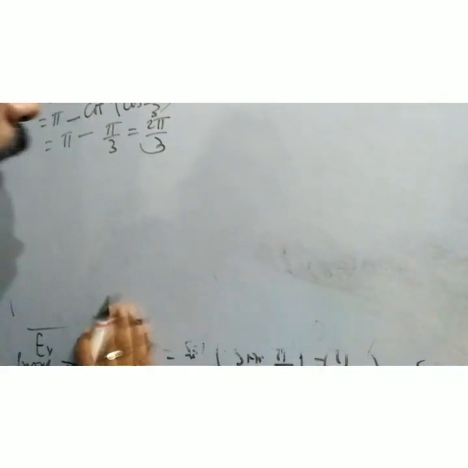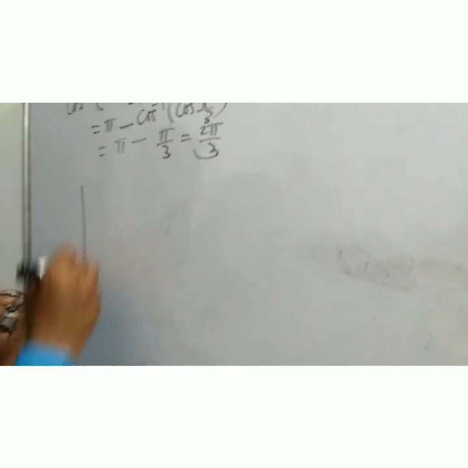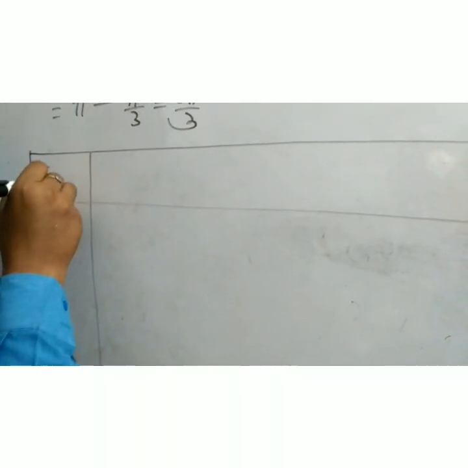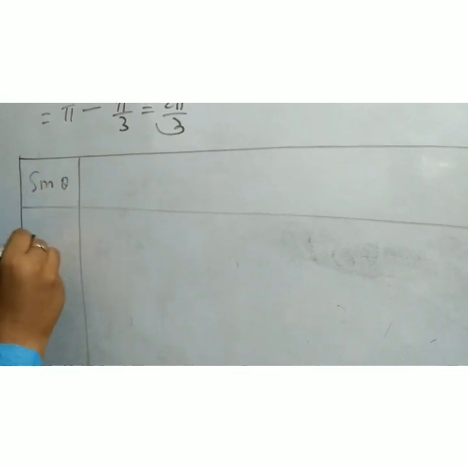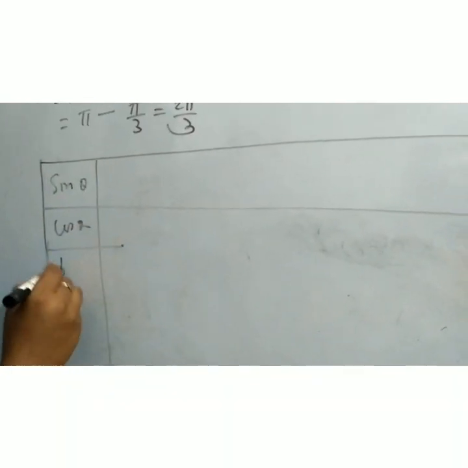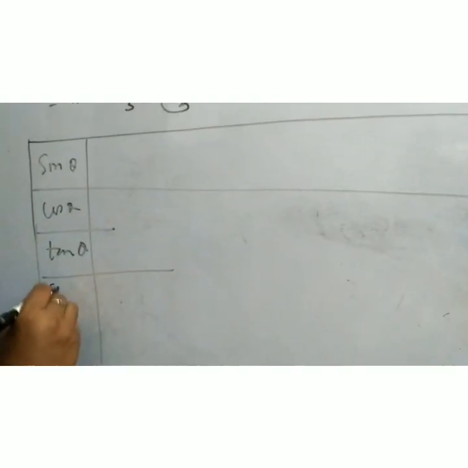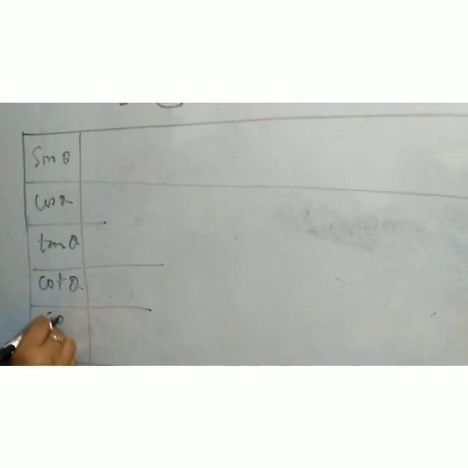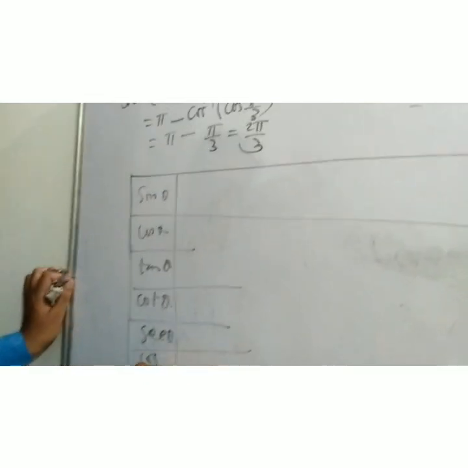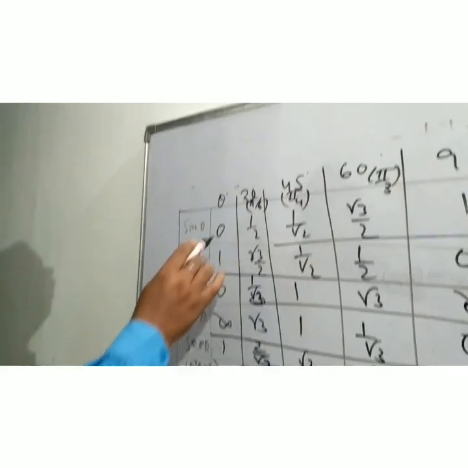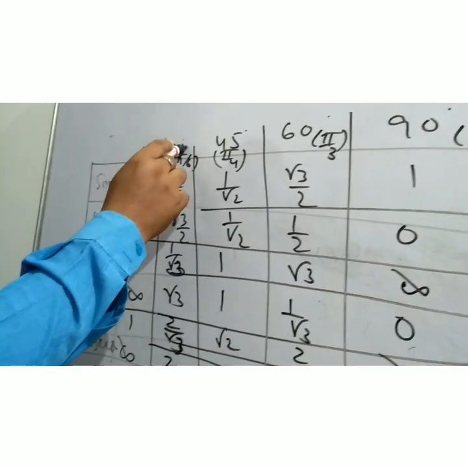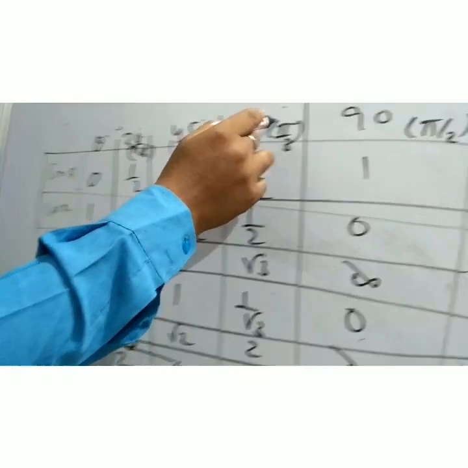Before that, I'll recall the trigonometric function values. Do you know the trigonometric function values from the 10th or 11th class level? That is, again I'm recalling it. It is sin theta, cos theta, tan theta, cot theta, sec theta, cosec theta. Value function: 0 degree, 30 degree, that is pi by 6, 45 pi by 4, 60 pi by 3,